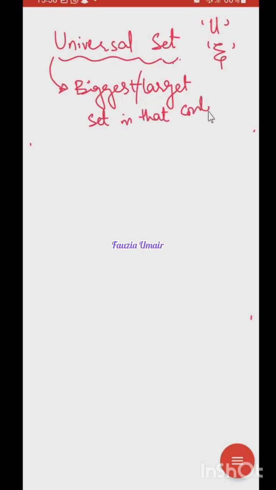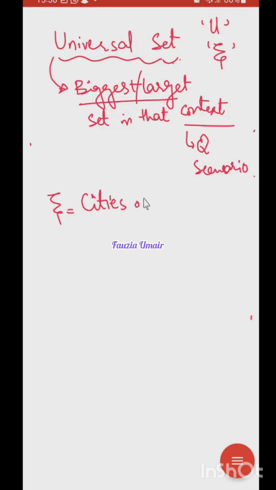लेकिन एक मजे की बात यह है, इन दैट कॉन्टेक्स्ट, ये बहुत इंपॉर्टेंट बात है कि उस कॉन्टेक्स्ट में कौन सी सबसे बड़ी चीज है, सबसे बड़ा सेट क्या है। अब कॉन्टेक्स्ट से क्या मुराद है, उस क्वेश्चन में, उस सिनेरियो में, ठीक है। फॉर एग्जाम्पल, मैं सिंपलेस्ट एग्जाम्पल देती हूँ, सिटीज ऑफ पाकिस्तान। अब देखो, सिटीज ऑफ पाकिस्तान का मतलब पूरी दुनिया तो नहीं है ना, क्योंकि पाकिस्तान से बाहर भी तो दुनिया है। लेकिन सिटीज ऑफ पाकिस्तान को जब हमने कह दिया यूनिवर्सल सेट, so it is the biggest set in the context। जो हमारा क्वेश्चन है उसके अंदर सबसे बड़ा सेट यही है, सिटीज ऑफ पाकिस्तान।